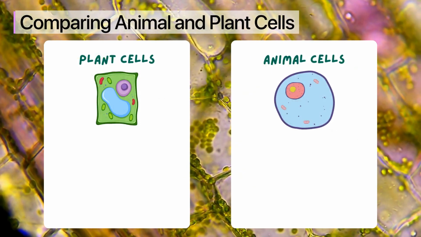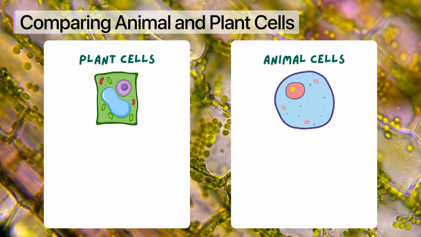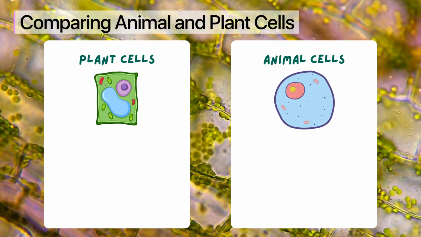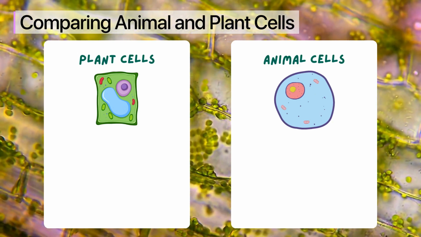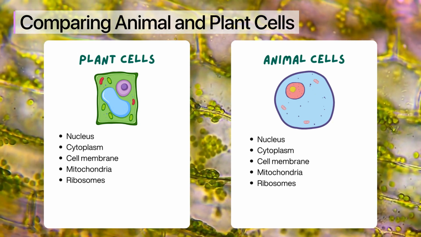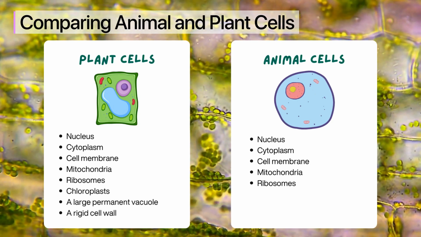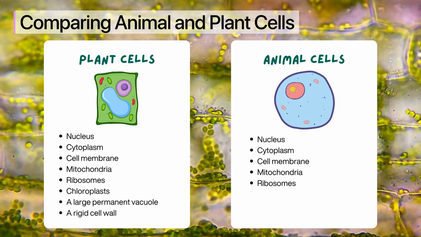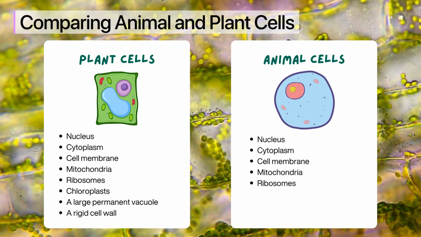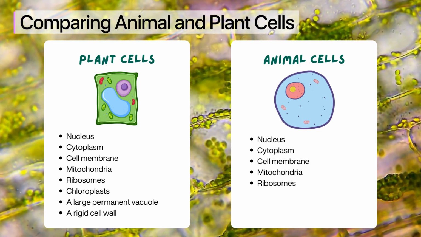Now, let's take a quick look at the main differences between animal and plant cells. By understanding the unique features of plant cells, we can appreciate the functional differences between plant and animal cells. Here's a quick comparison to help you visualize this better. Both types of cells have a nucleus, cytoplasm, cell membrane, mitochondria, and ribosomes. However, plant cells uniquely have chloroplasts, a large permanent vacuole, and a rigid cell wall made of cellulose. The presence of these additional organelles enables plants to perform photosynthesis, store nutrients, and maintain structural integrity, which are essential